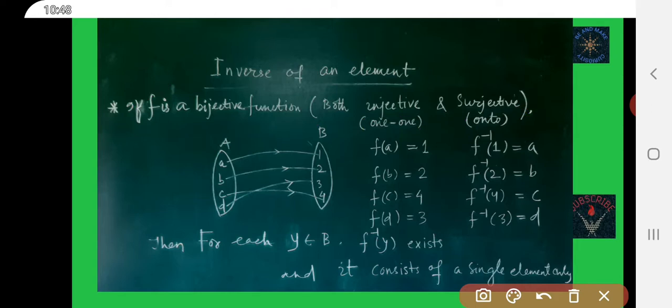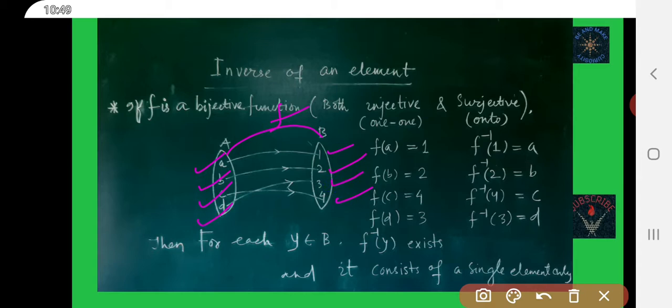So this function F is one-one. Here you see A is associated to 1, B is associated to 2, C is associated to 4, D is associated to 3.